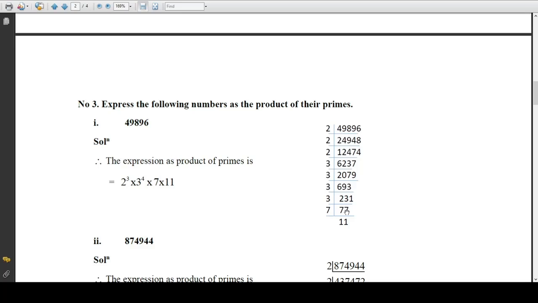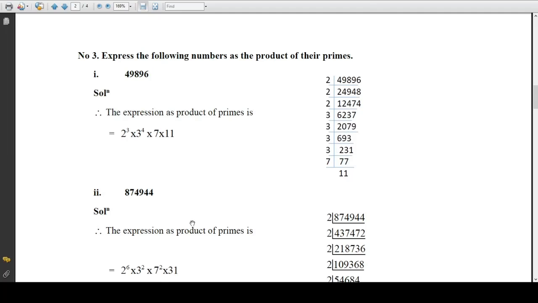Now 77, you cannot divide by 3, you go by the next prime. 5 also you cannot divide. Therefore by the next prime, which is 7, 7 11s are 77. Hence the expression as the product of primes: 2 how many times? 3 times. 3 how many times? 4 times. 7 only 1, and 11 also only once. The second one from here,